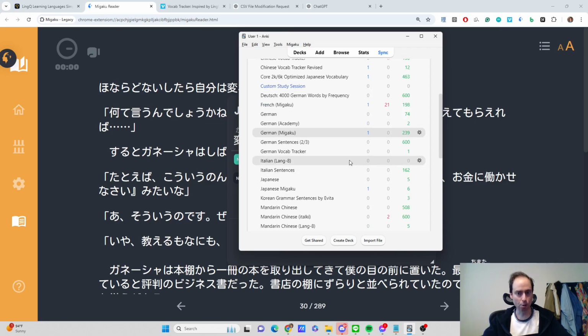So that's Migaku. Migaku does cost money. It's about $5 a month. LingQ, by the way, costs money to use their full version, which is, I think, $10 or $12 a month,